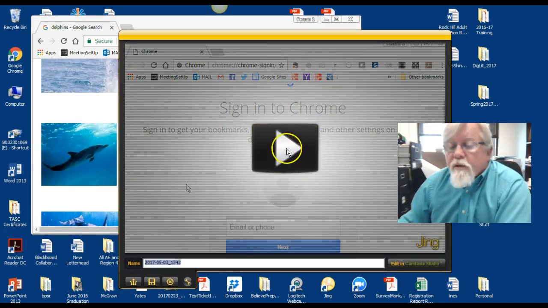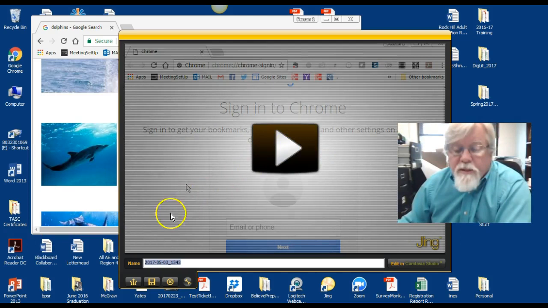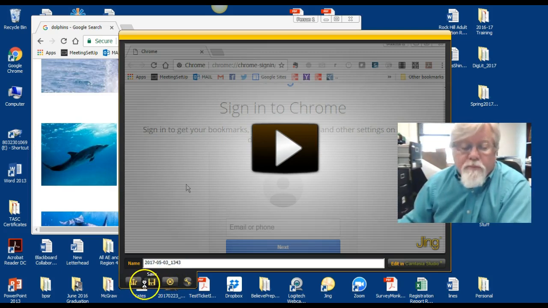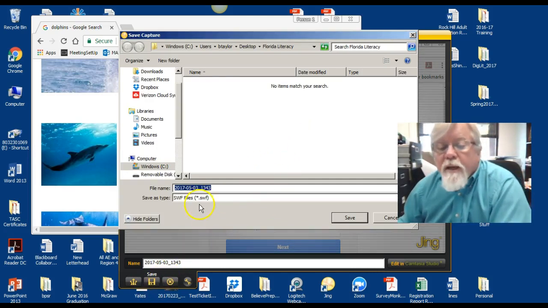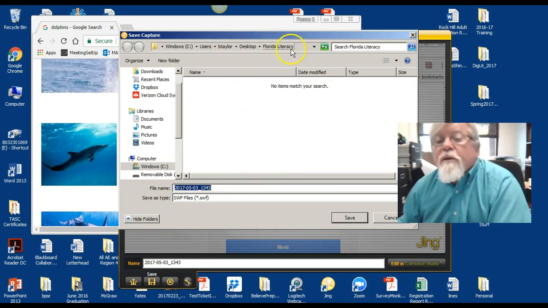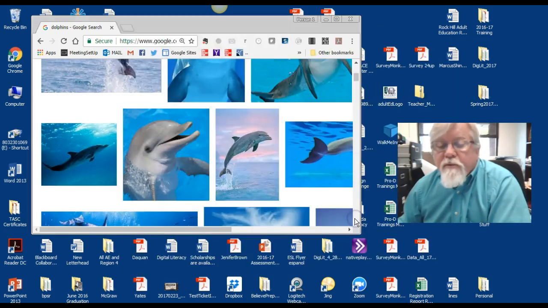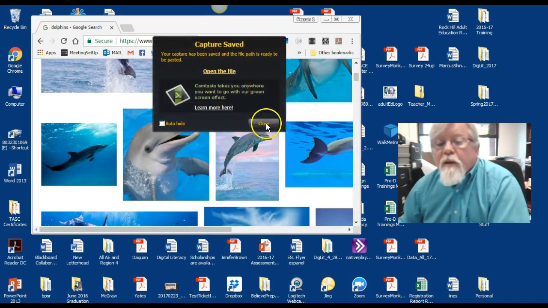Okay, now it's going to let me preview it. Don't need to do that, but we can save it or share it or cancel it. Now if we save it, let's see where it goes. Okay, it's going to go in as an SWF file, and it's going under Florida Literacy, so I'll save it there. Okay,